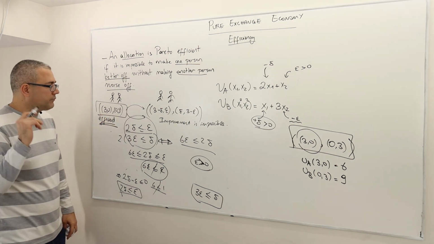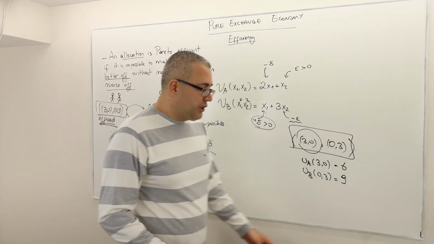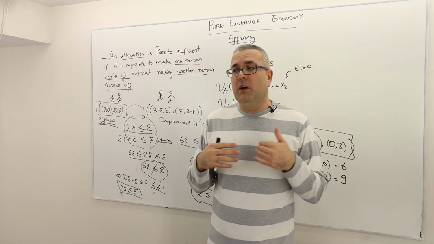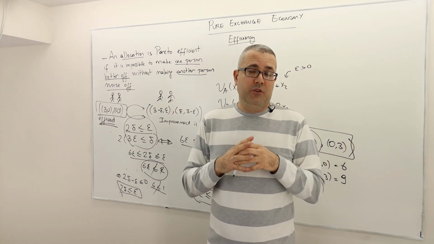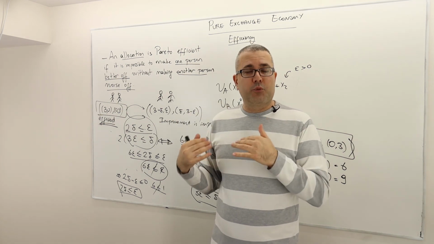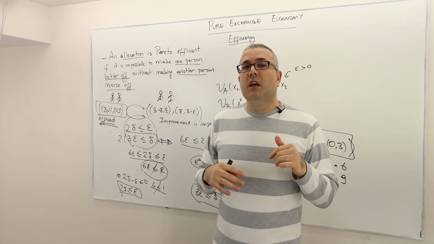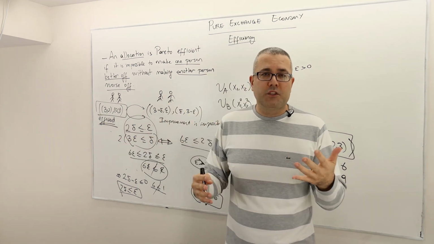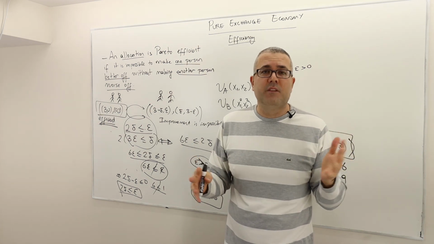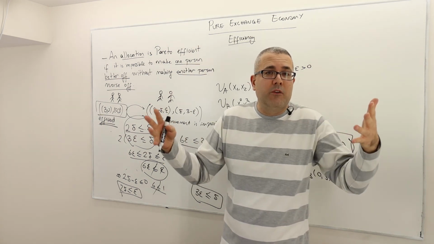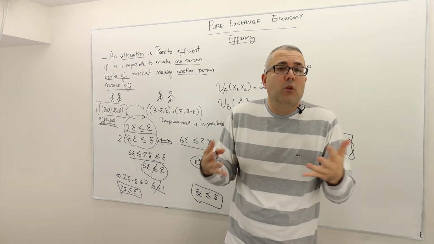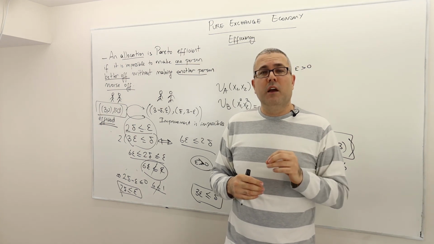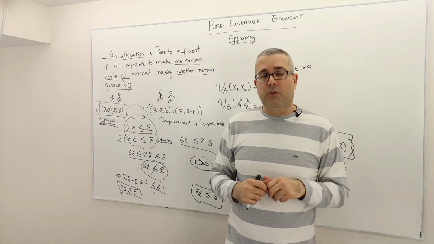All right? Good. Well, I've just shown one point as being Pareto efficient. Well, bad news, there are actually infinitely many allocations in this problem that are efficient. So the question is, if only finding one of them costs me, I don't know, 5 or 10 minutes, does that mean that I need an infinite amount of time to figure out all the Pareto optimal allocations? Well, not really. There's an easier way to find Pareto optimal allocations. And this is what we're going to learn next.